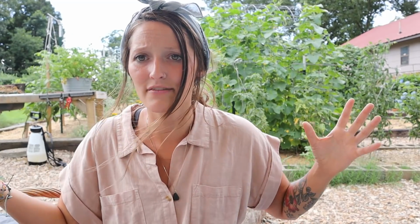With the tromboncino squash, it's really hard for me to sell it because it's so different. But I'm thinking, if someone walked into a grocery store and saw that, it might just spike their interest to where they think, well, maybe I can do this with that. Or what if this squash can replace a straight neck or a crook neck squash, and just get the creativity flowing. Just expose people to different foods, different varieties of foods. I really enjoy doing that, and I think that kind of comes across more so in my fall garden